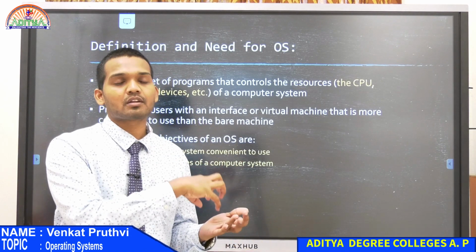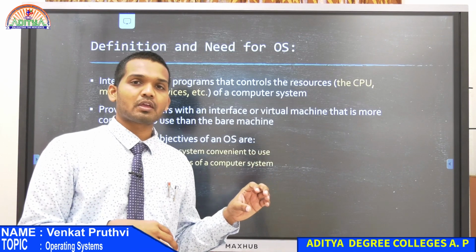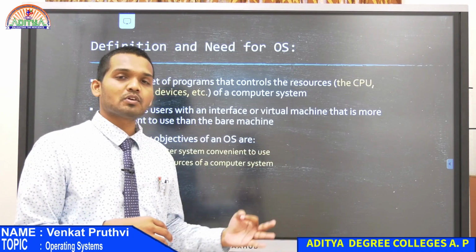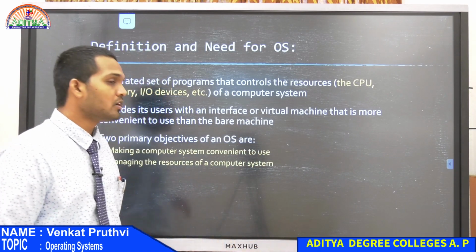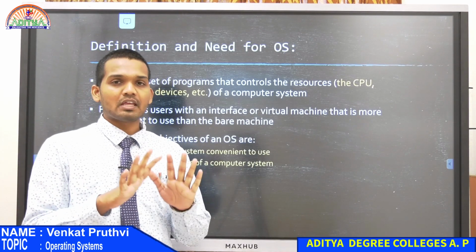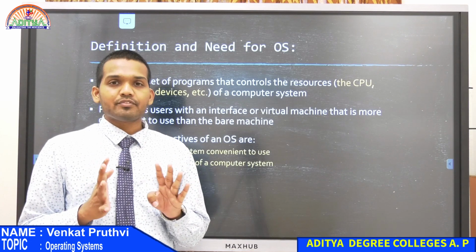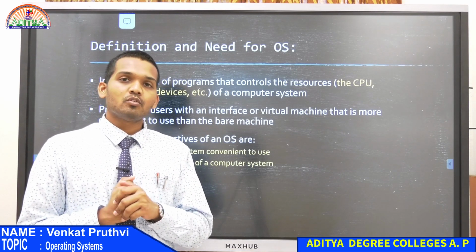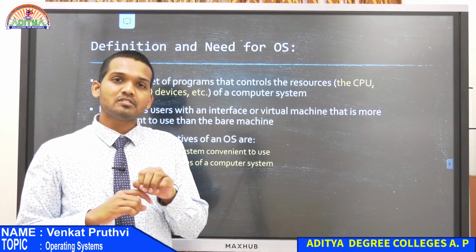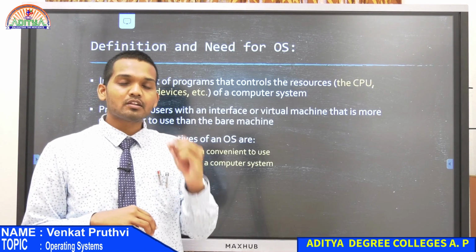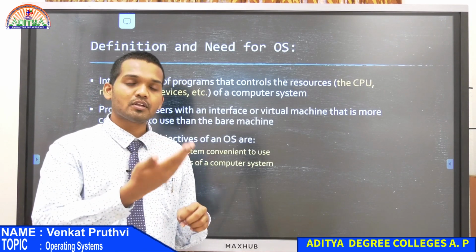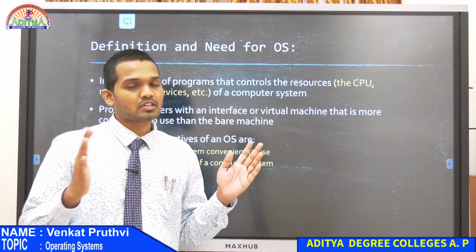Whatever instructions that microprocessor is capable of, it will perform those operations based on that. Suppose it has 10 instructions like add, subtract, multiply, divide and all. It has a set of 10 instructions, let us say. Now, it can only perform those operations, and you will only be able to give the computer instructions based on those 10 operations.